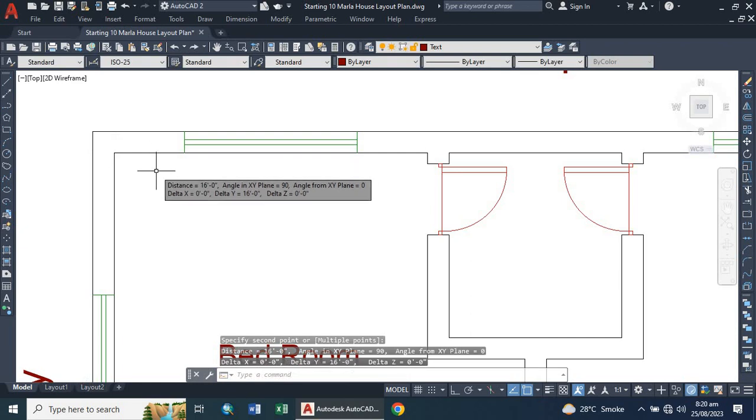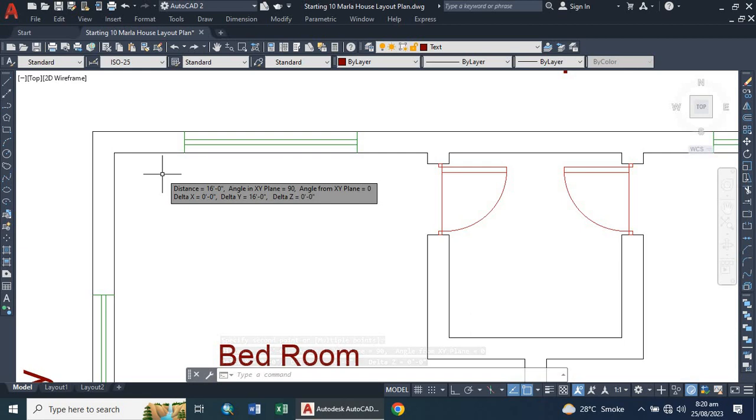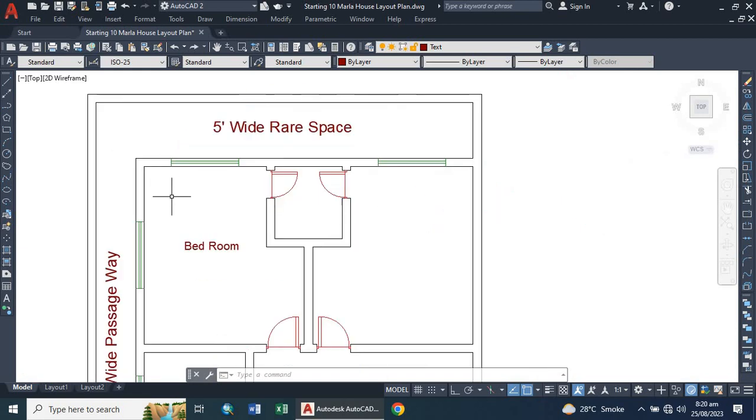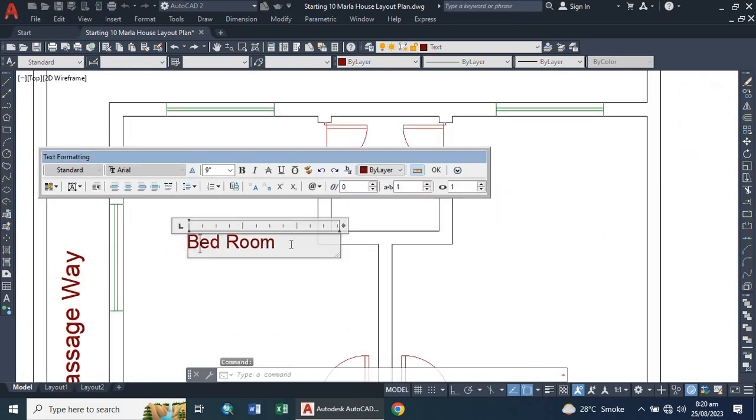This will be 16 feet. This is 16 feet actually. You can see in this menu box, as you can see the box has appeared on the screen. Now I am going to write bedroom and click enter. At the bottom line I will say that